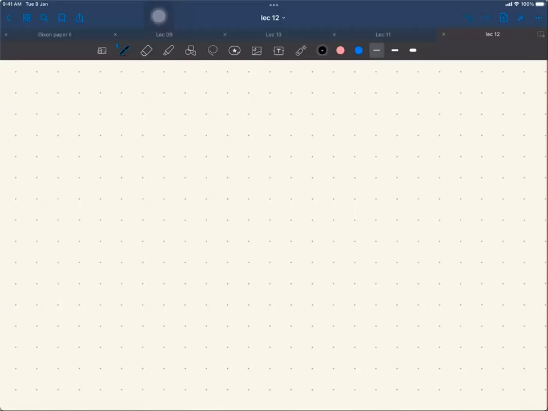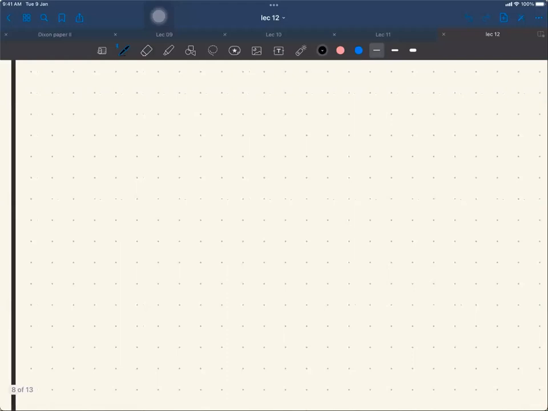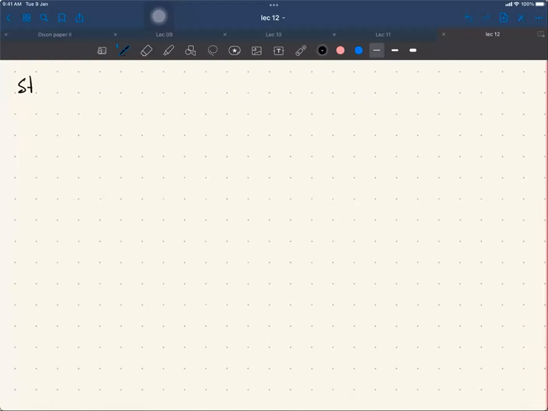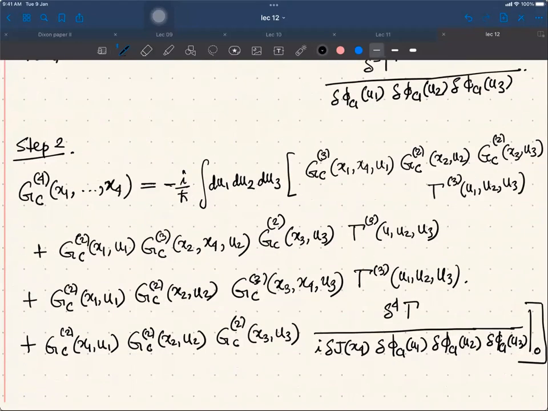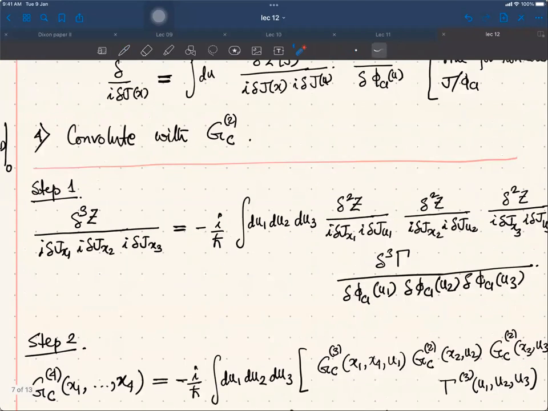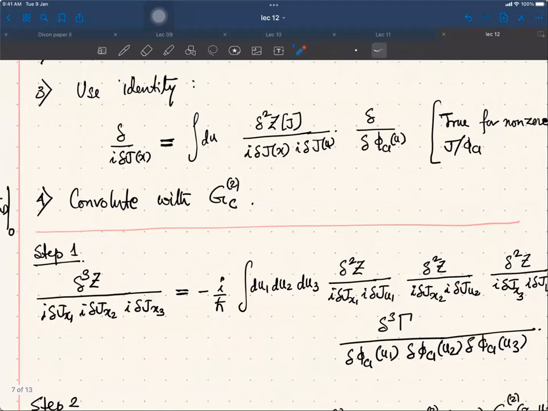Let's now go to step 3. Step 3 is going to be effective only for this last term in this derivative. The identity that one uses is this one. You see, when you convert this j derivative on the right hand side to this expression, after taking j going